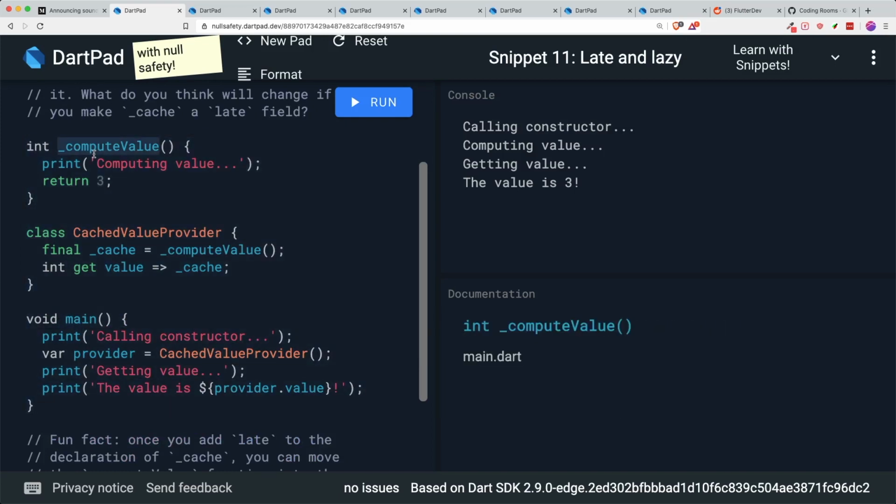So there is this compute value function that will return the number 3. At the same time, it will print this thing called computing value. So inside this class, there is this cached value provider. It has a final variable cache with the compute value function, so it will return 3. And then there is this integer getter method, this value getter method, which returns the integer of the cache that we have initialized inside the